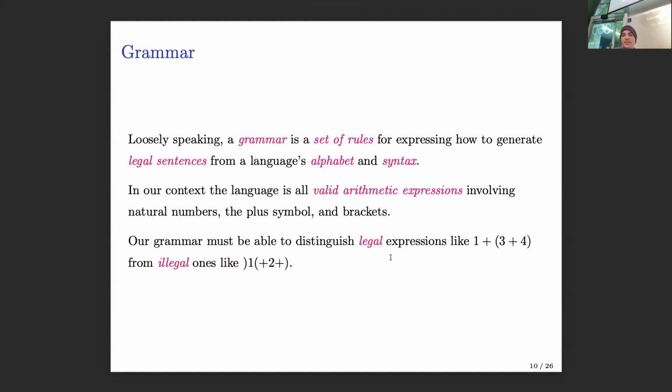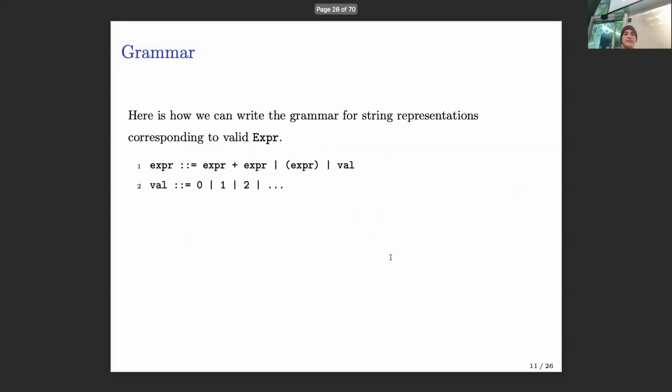Our grammar must be able to distinguish legal expressions, like 1 plus bracket, 3 plus 4 bracket, from illegal ones, like this one, where it has an open bracket but not a closed bracket. Here's how we can write the grammar for string representations corresponding to valid expressions. So what I'm saying is that any valid expression is generated from this list of recursive rules. Any valid expression is expression plus expression, or it's an expression with brackets around it,